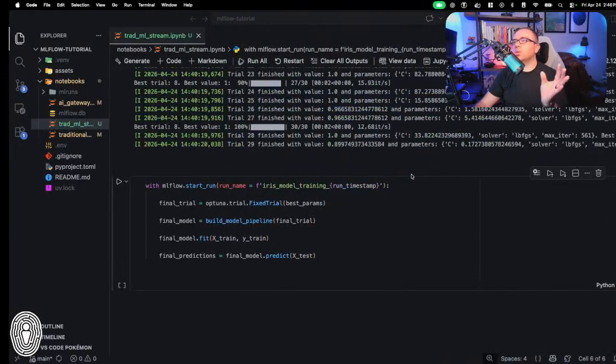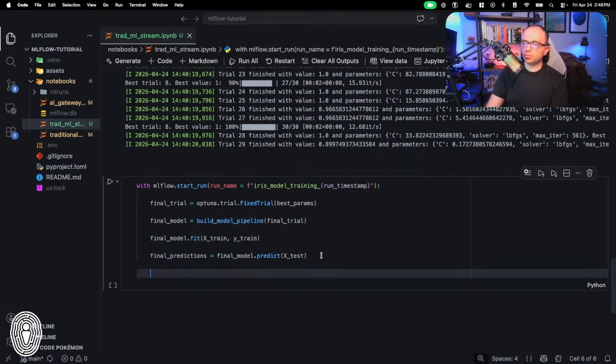If you recall, at the top of this notebook we imported this thing called infer signature. So I'm going to say model signature equals infer signature, x test, final predictions. We just gave it our input data and our final predictions, and it's basically saying, okay MLflow, you figure out the model signature for me. In addition to the model signature, we can provide an input example to make it clear to MLflow: you know what the model signature is, and now here's a specific example to go along with that.